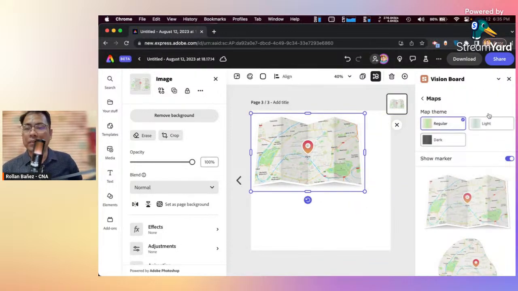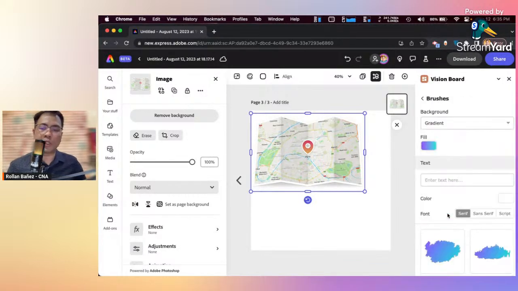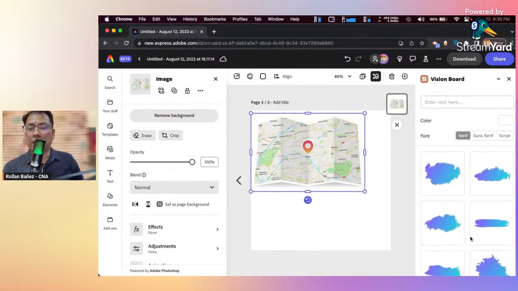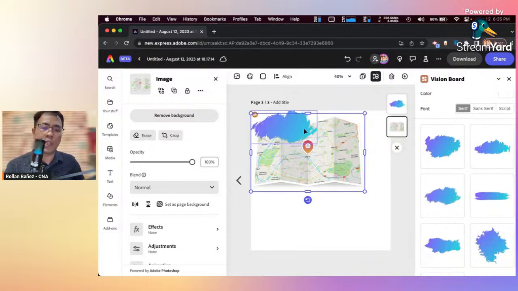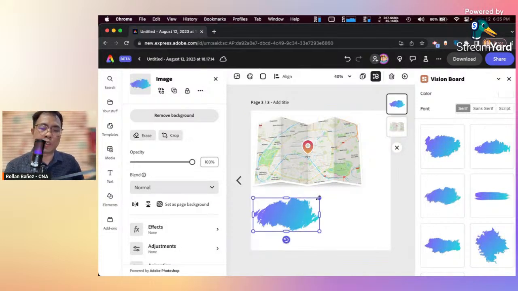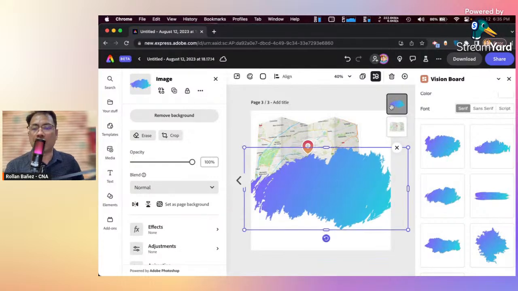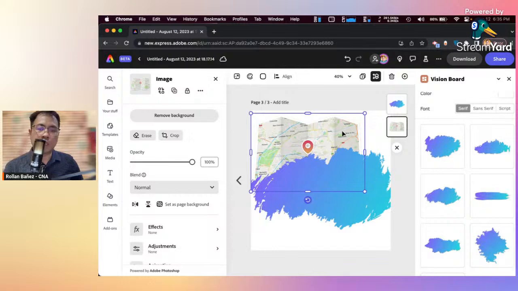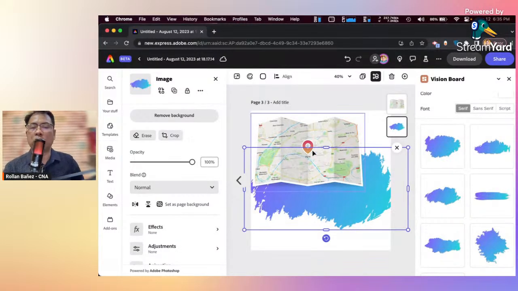Let's go back and access more of this. Let's go to brushes. You can easily create brushes on the side here. Let's make lots and lots of design elements. Let's click on that. You can easily reposition this. Let's say make it something like this and arrange the layers, something like that. But the thing is, it doesn't render. Okay, that works.